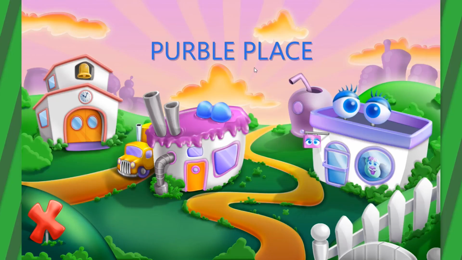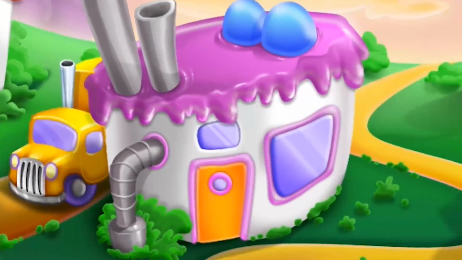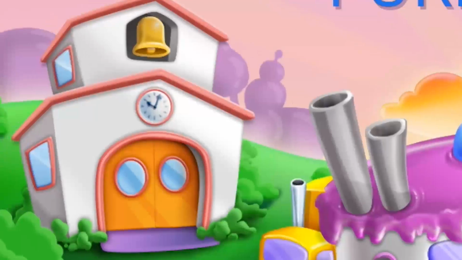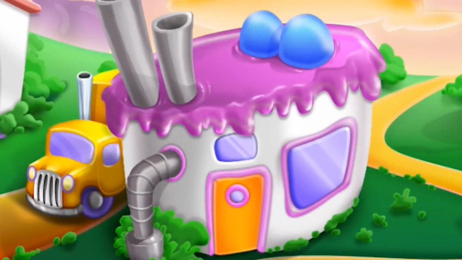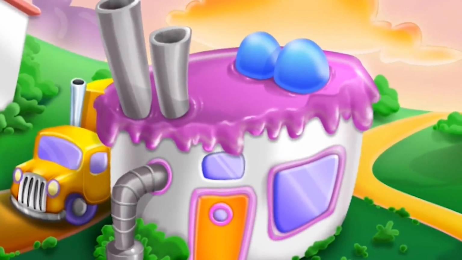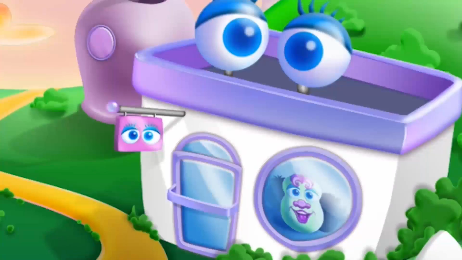Why? Alright, yeah, the game. We have 3 options presented before us. Bell Tower? Okay. Weird cake factory thing? Alright. And...